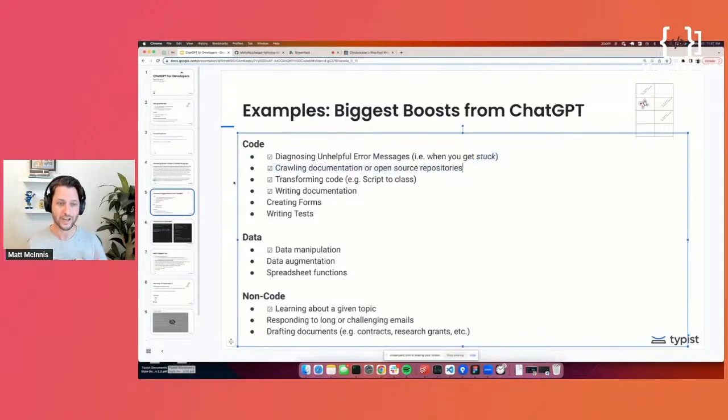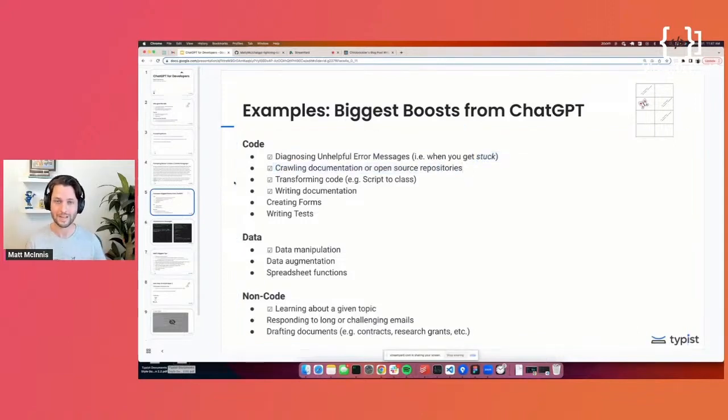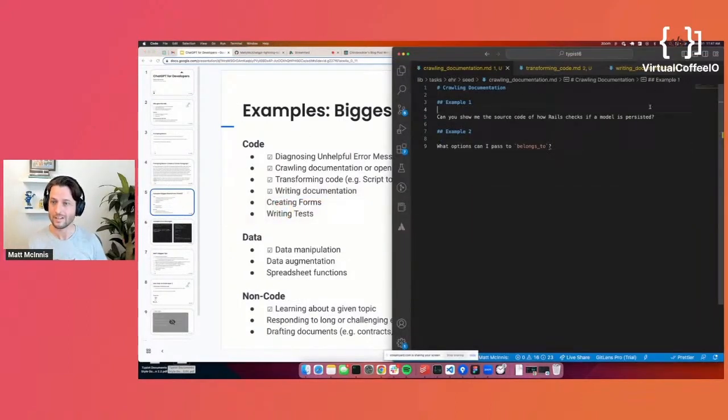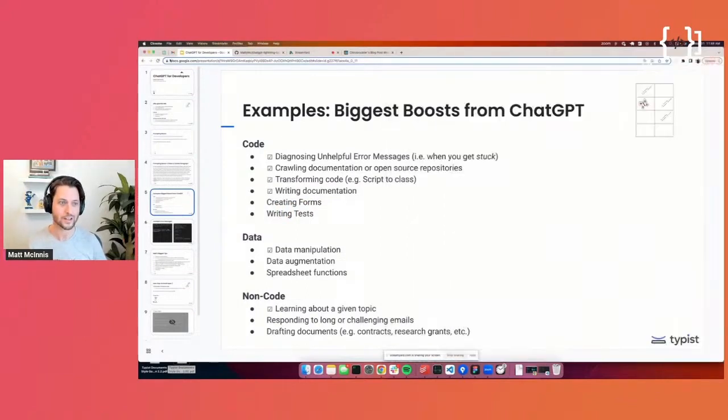I am using ChatGPT much more for basic documentation questions than I am going into API docs or the React docs or any of these other repositories. So let me show you an example. I'm going to be copying and pasting from VS Code a little bit here. So I'm going to jump in.